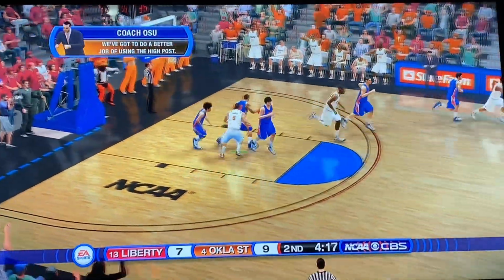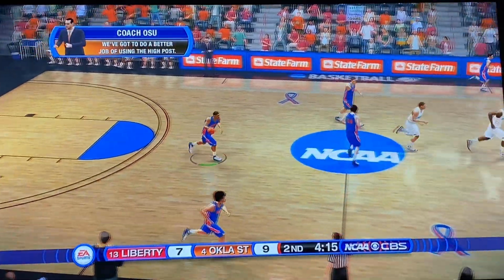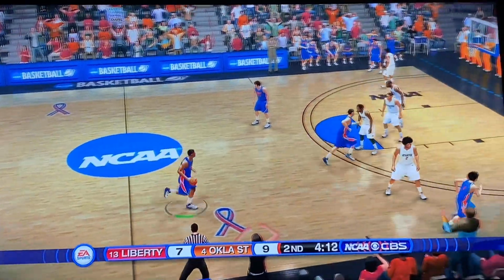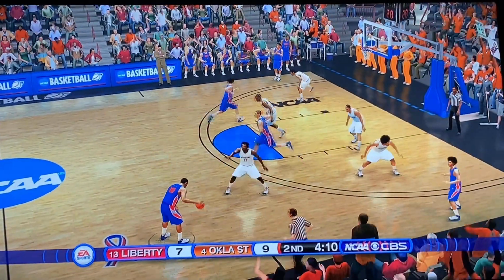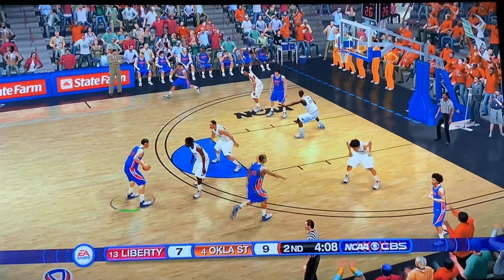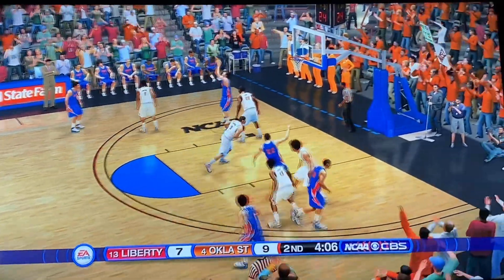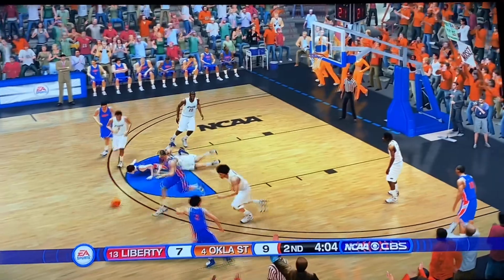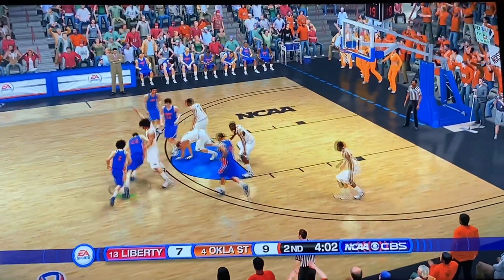A three-pointer does not connect for Avery Anderson. A little spin move there by Liberty. Liberty, though, now with a chance to either tie it up or potentially somehow take the lead. I mean, it was 9-2 at one point. Liberty on a 5-0 run. Oh, but they... Oh, no. Liberty hangs on to it.